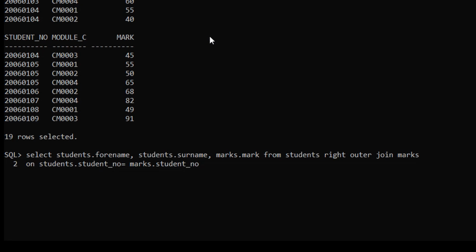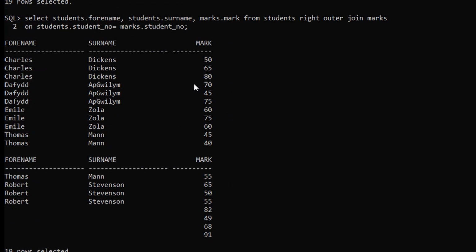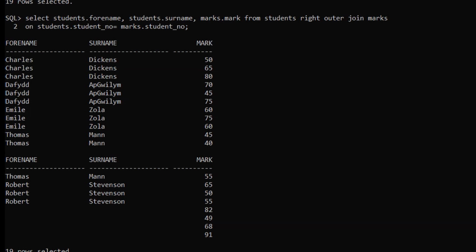After hitting semicolon and enter, as you can see, we are getting the forename and surname columns from the students table and the mark column from the marks table.